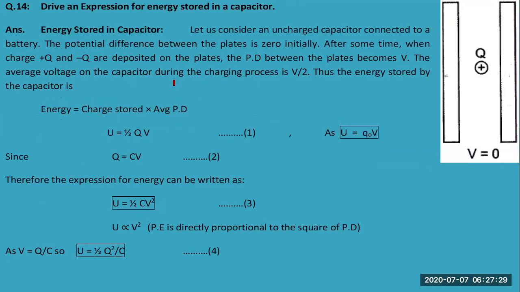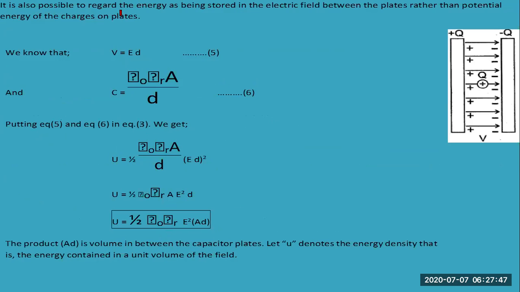Here we are. We have calculated potential energy up to this point. That is U, which is equal to 1 by 2 Q square divided by C. So here we have calculated potential energy and it is directly proportional to the potential applied. And if you look at it now,